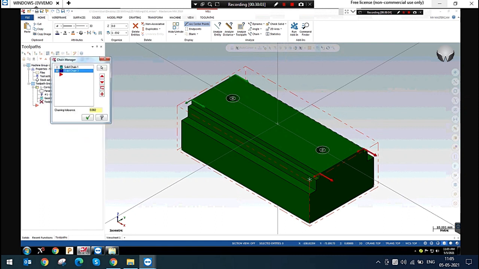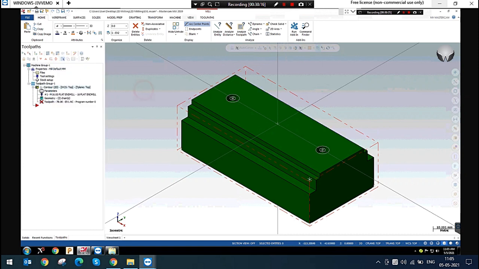You can change the reverse chain option by using this. But you have to select a single chain, then give a reverse chain. Yes. So if you have same depth, you can add multiple chains in a toolpath.